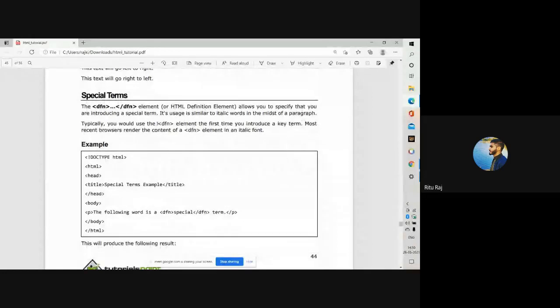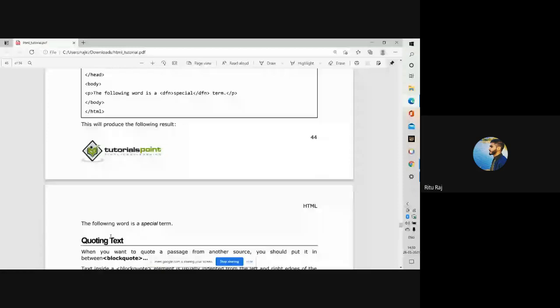You will use the definition element the first time you introduce a key term. That's the definition element. Suppose you have written a special term here in your title and you want to display it. Here the special term will display like this.